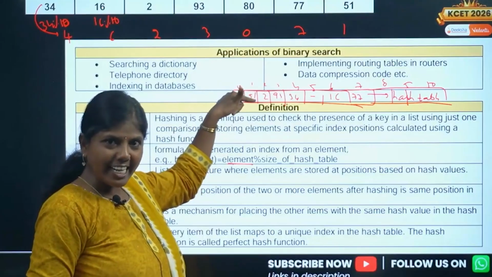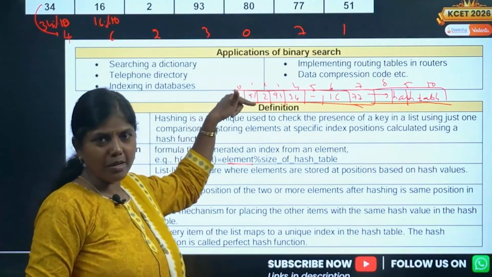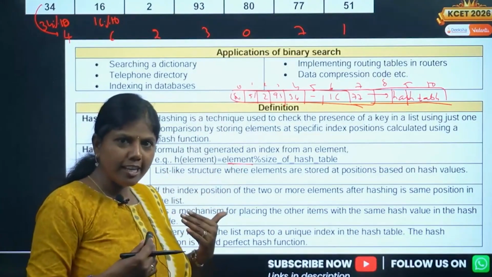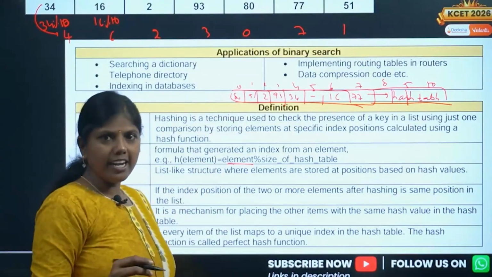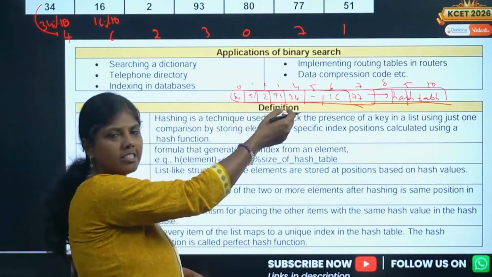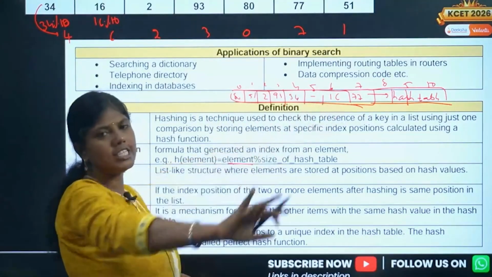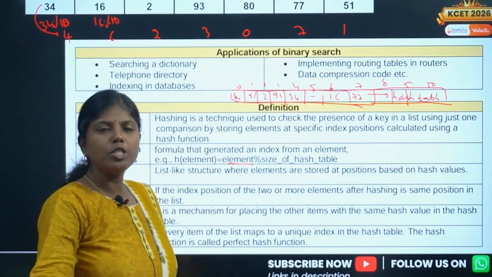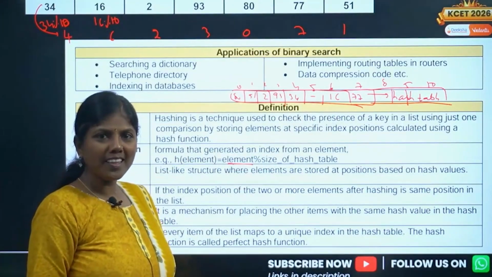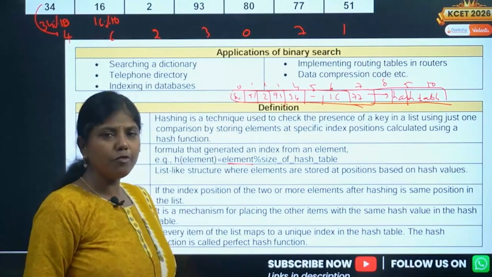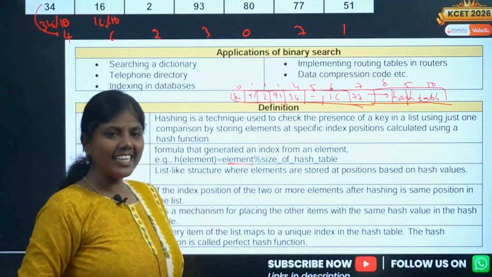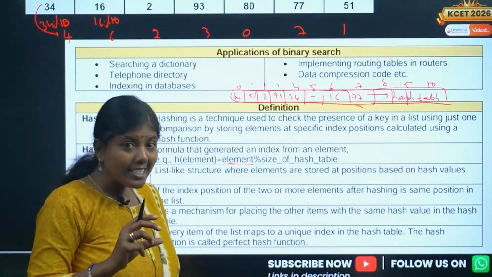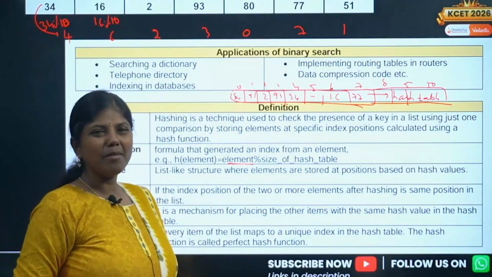First, calculate the index of that particular element. As soon as you get the element, calculate the index. So what is the index of this 80? Index is going to be 0. Then find out if the element is at position 0. We have 34, then the index is going to be 4. 93, then the index is 3, because of the remainder. Everything is fine.